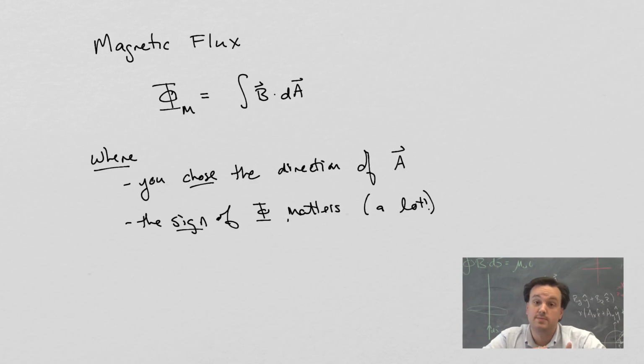Now we've talked about flux in a couple of different ways in this course. We talked about it once when we were talking about Gauss's law, where we had the electric field crossing a surface. And in that case, we actually had to have a closed surface, which defined the outward pointing normal of the area vector. And therefore, I had no choices to make there,